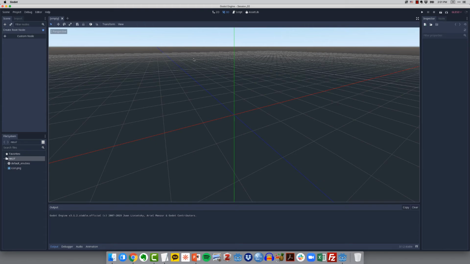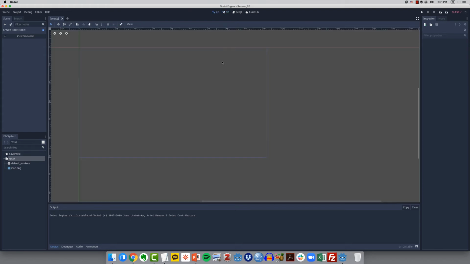Let's actually begin to build something using Godot. So we're going to start in 2D mode. So I'm going to come over here and click. And the first thing that I want you to notice is this rectangle right here. Now, this is what they call the viewport, or you can think of this as kind of like the stage of your game, meaning anything that's within the bounds of this rectangle or within the bounds of the viewport is